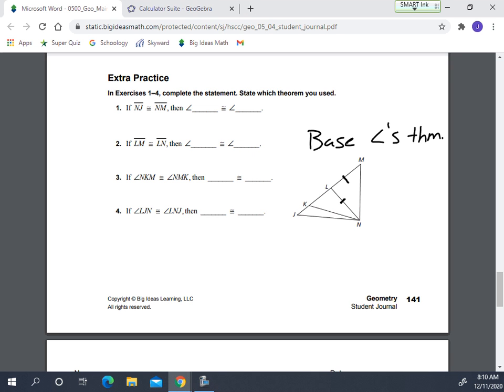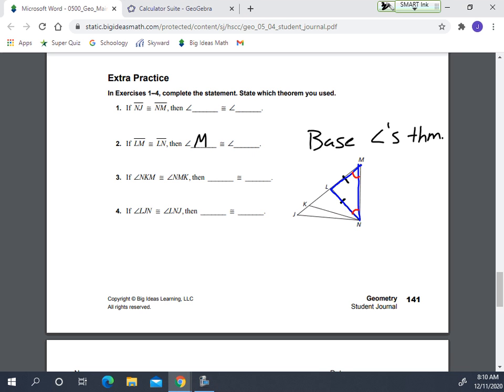Well, we know that opposite angles of this triangle. So which triangle do we have? This triangle right here. We know that the angles opposite to those congruent sides are congruent. Well, going opposite those sides, it's this angle and this angle. Okay, so we know that angle M